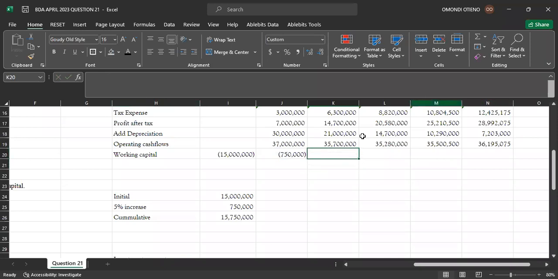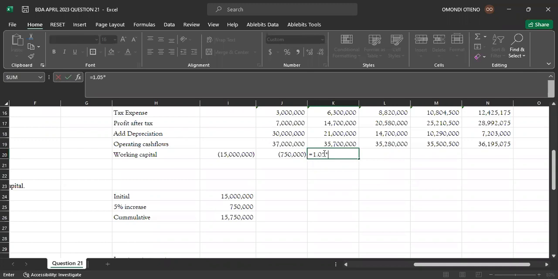the value for 2025. 2025, what will we have? 2025, we are going to have